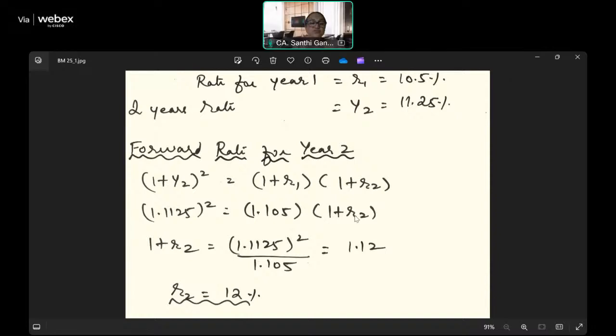So once we have R2, what we need to do is